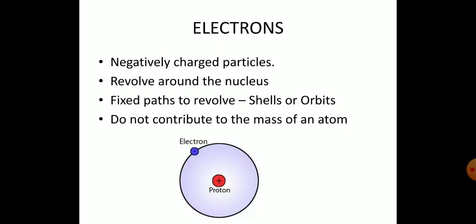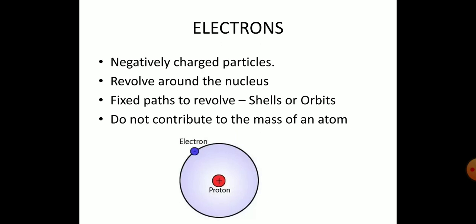Electrons are called the negatively charged particles. This is a very, very important thing you should keep in mind. Electrons always mean negatively charged particles. Okay, they revolve around the nucleus, and the paths in which they revolve are called shells or orbits, and